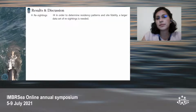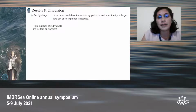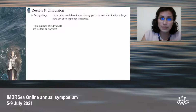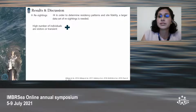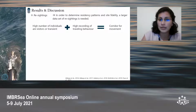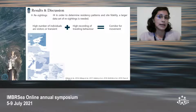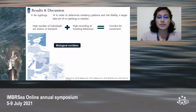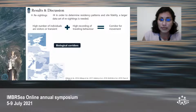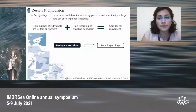Now, in order to determine residency patterns and site fidelity, a larger data set of resightings is needed. But if we consider that a high number of individuals are visitors or transients, plus the high recording of traveling behavior, this will give us a corridor for movement. There are a lot of places in the Mediterranean that are considered biological corridors, such as the Azov Strait, Istanbul Strait, or Montenegro. But these are linked with foraging ecology, and